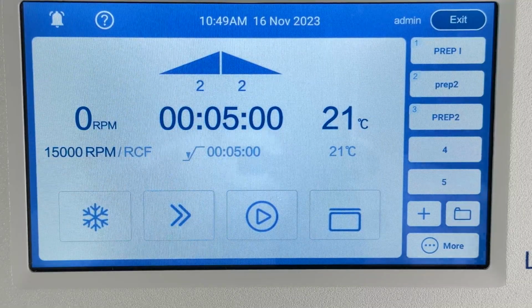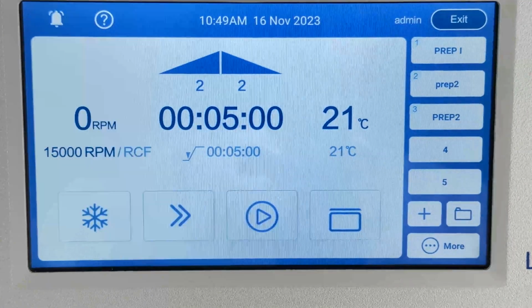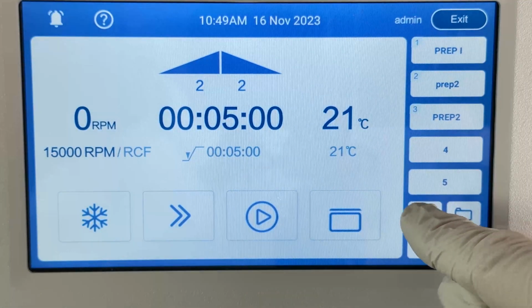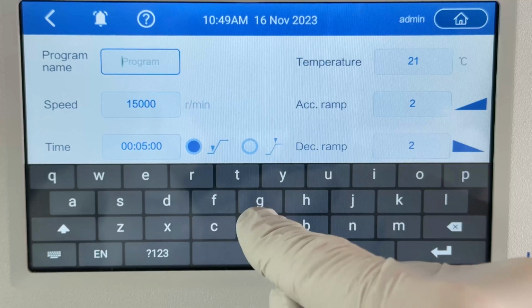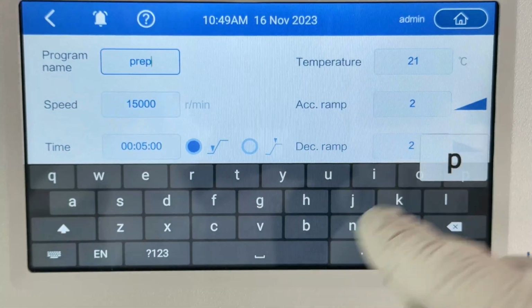Another really nice feature is direct access programs here on the side. You've got 5, and then you've got more actually in the folder at the bottom. And it's really simple to set up. So you just press the plus button, you give the program a name. In this case, we're going to call it Prep